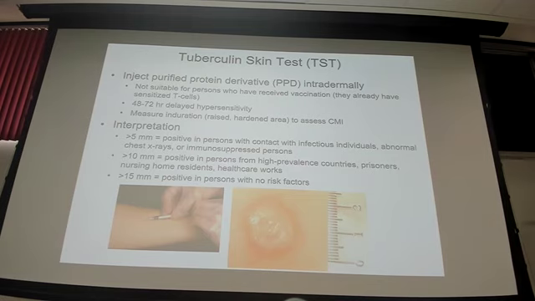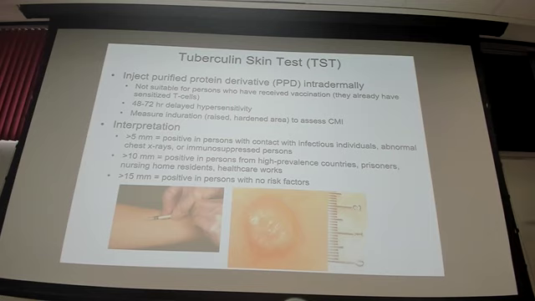Okay, we've mentioned this tuberculin skin test before. Most of us have probably had it in this country. We rely on this test as a screening tool heavily. What this is checking is whether or not you have an immune response to this antigen. It's a purified tuberculin antigen injected intradermally into your skin. It's a type 4 delayed hypersensitivity reaction, so if you've been exposed before, over the course of 48 to 72 hours you mount what's called an induration, which is a raised, hardened spot in the skin where a bunch of immune cells are coming into that area.